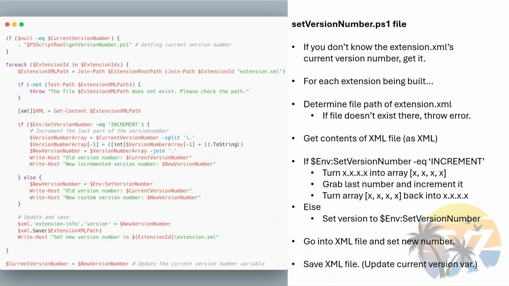If it's set to increment, it's going to turn the string number into an array of 4 numbers. It's going to grab that last number, increment it, and then turn it back from an array into a string. And that is if the user had it set to increment. Otherwise, it's going to take the set version and just set it to whatever number the